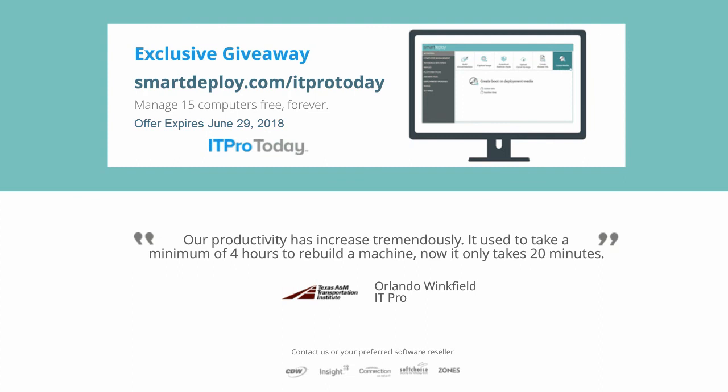We support every version of Windows 10 that's come out, and we continue to test and develop against new versions as they're in the Insider previews, to make sure that when that thing hits RTM there's full support from SmartDeploy, should anything change within the operating system that would impact how we do deployment. That's the nice thing about SmartDeploy too. We're always working on it, and if we find something, we quickly fix it, get it supported, and re-release. So we've continued to try to support Windows 10 as Windows 10, meaning every version from LTSB to the very newest one. It's getting harder, I'll say that.